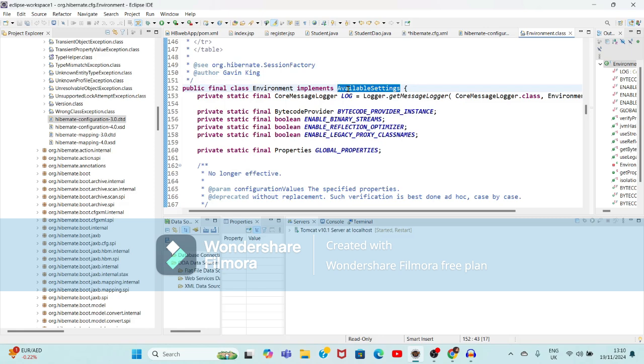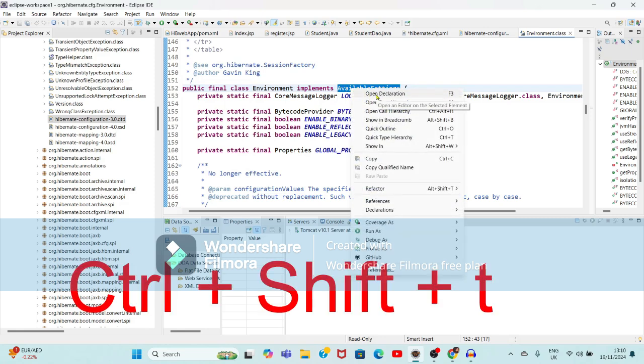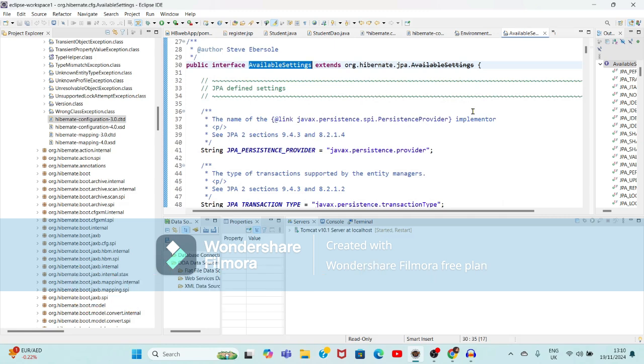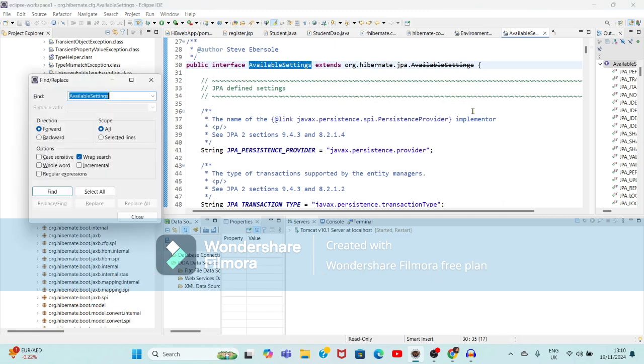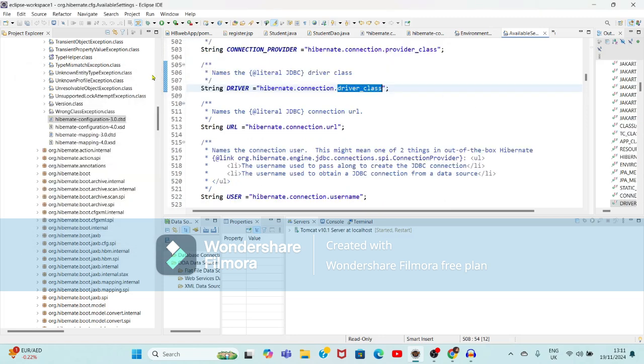Just select this and right click and select the option open declaration, and here just press Control plus F. And we want a driver class, so just type here driver_class. Now see here it is showing hibernate.connection.driver_class as the name of this property. So just select this,